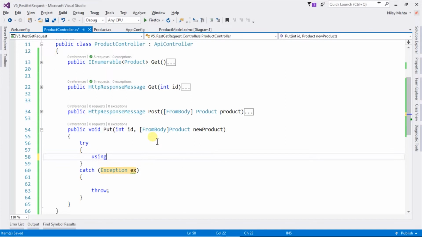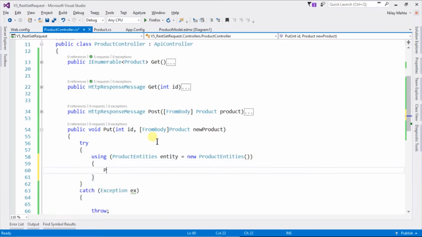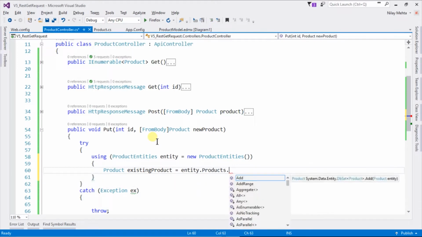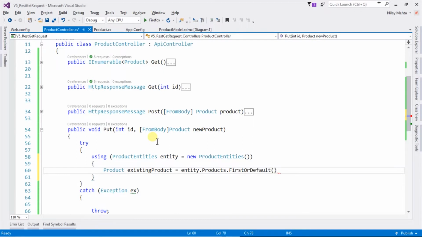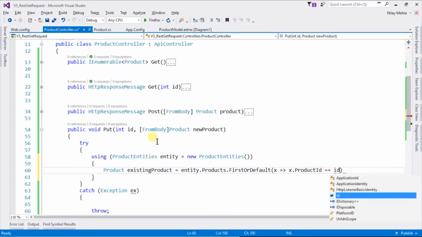Start with the using statement, ProductEntities, tt equal to new ProductEntities. Product existingProduct equal to entities.Products.FirstOrDefault(x => x.ProductID equal to the given ID in the parameter),